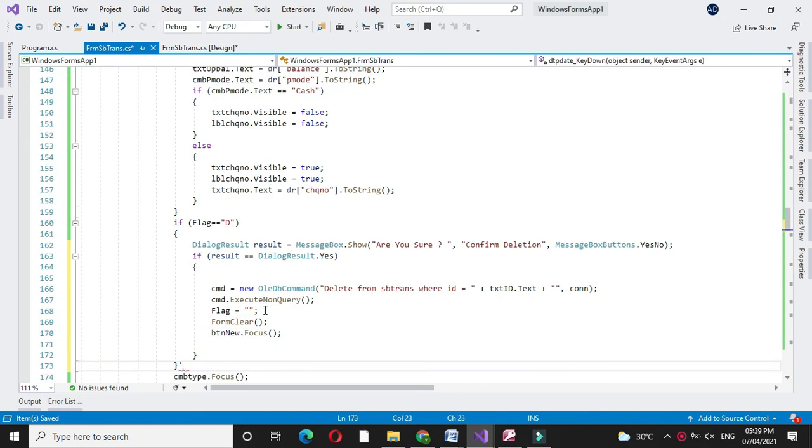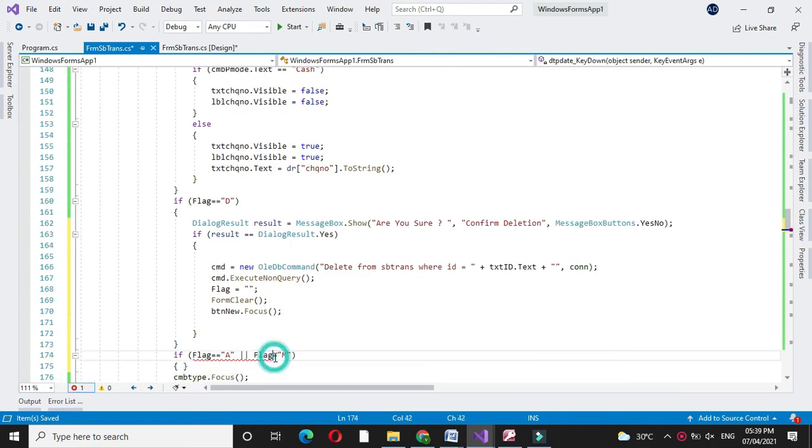And before setting, here we will check if flag equals A or flag equals M. We will set the focus to CMB type. Then we will execute it.